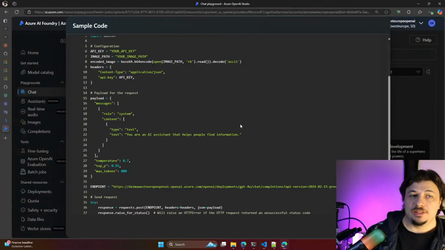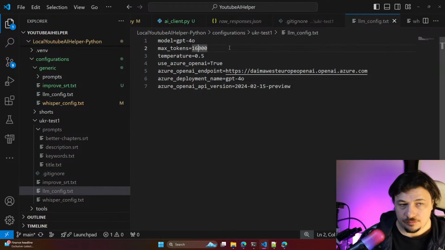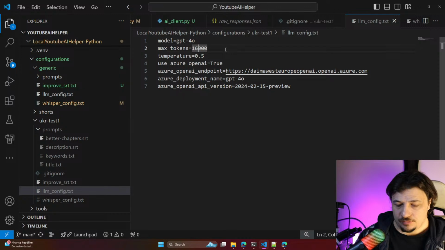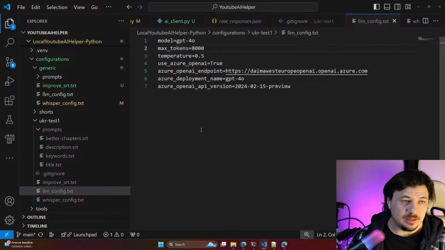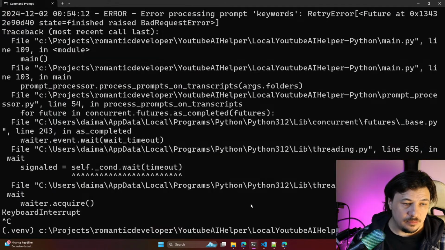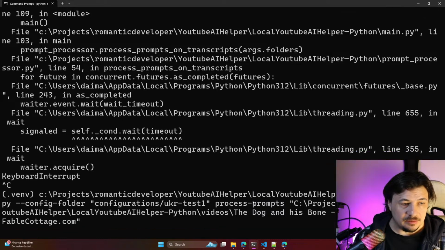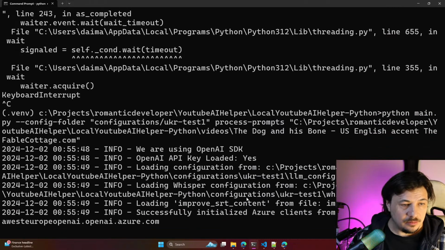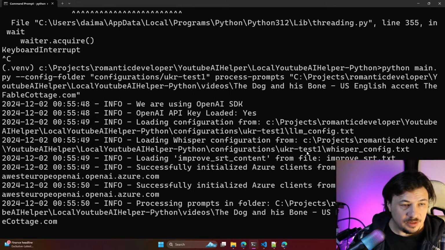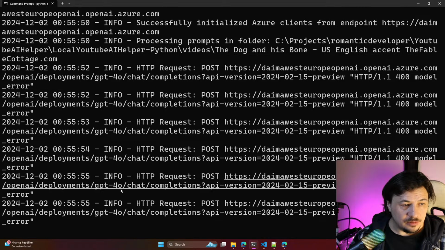No, let's try that version. Max token 16,000. Maybe just let's take 8,000. Let's try once again. Improve SRT. Post model error.